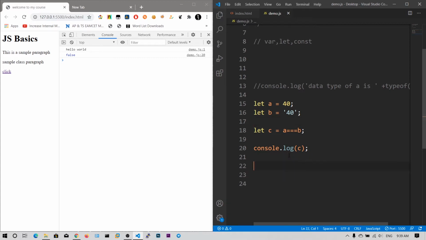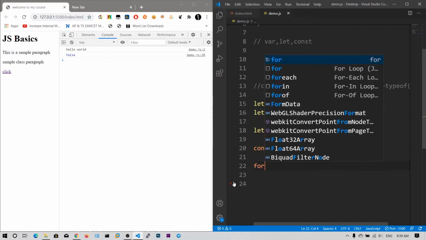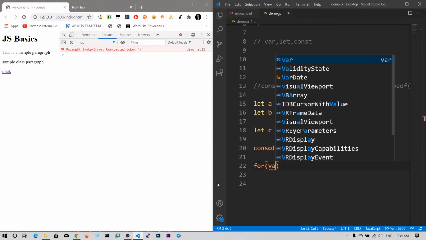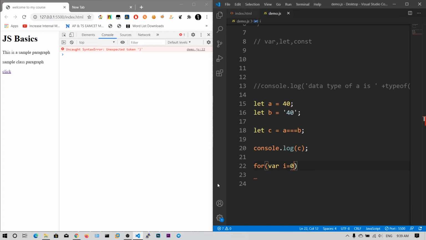So now let's talk about loops. Loops are used for repeating the same process some number of times. The syntax of the first one is the for loop, where i = 0, because i is used in many programming languages as an iterator, since the word iterator starts with i.